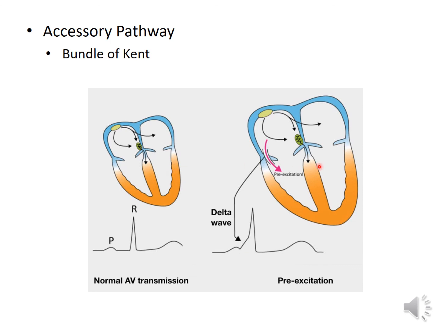Now in some patients there is an accessory pathway. There is an accessory pathway here through which the impulse bypasses the AV node. So normally the impulse will be conducted through the AV node and Purkinje fibers, but before that, through a bypass pathway, the impulse reaches the ventricle. Okay, so what is happening? There is early depolarization due to bypass of the impulse, and this is clinically seen in the form of delta waves. So the coordination between the conduction is disrupted, and this will result in arrhythmia.